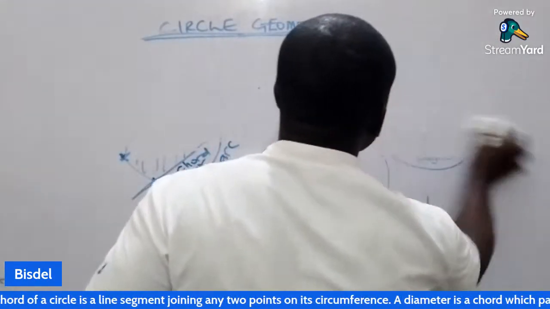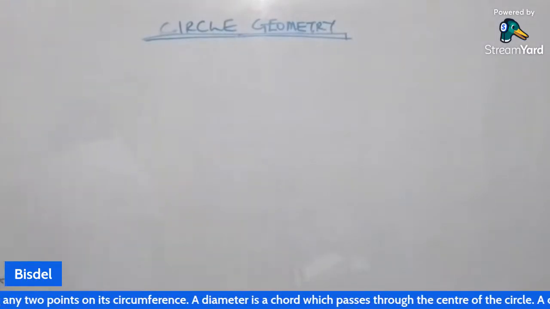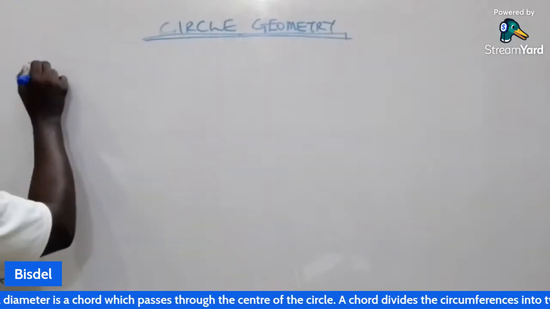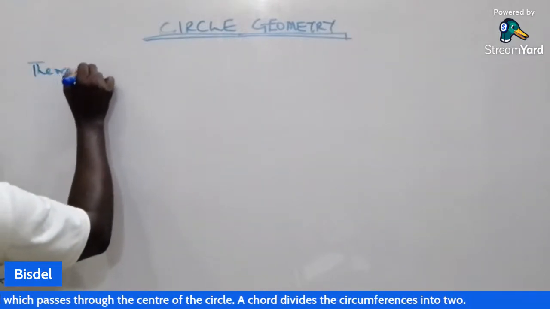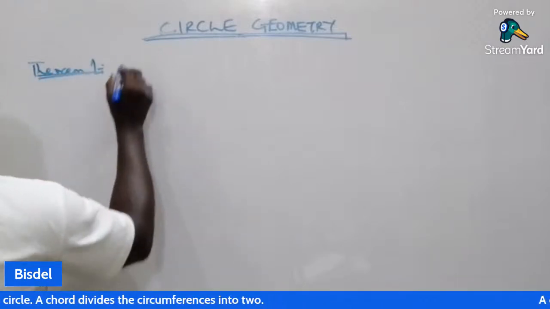Under circle geometry, we'll be taking theorems on how to solve problems. I'm going to start with the first theorem, theorem 1. Then we'll solve 2 or more examples on this theorem 1. That theorem says that a straight line